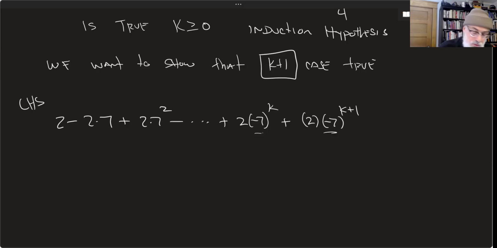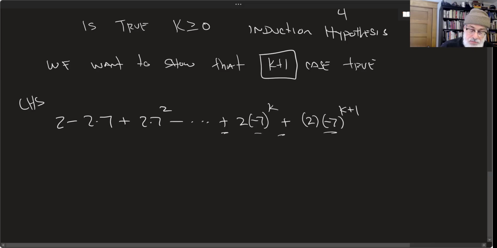If it were even, the negative 7 would turn positive. So that's why these plus signs remain plus signs. We want to show, and I'm going to put a question mark above the equal sign because we don't assume it's equal, that 1 minus negative 7